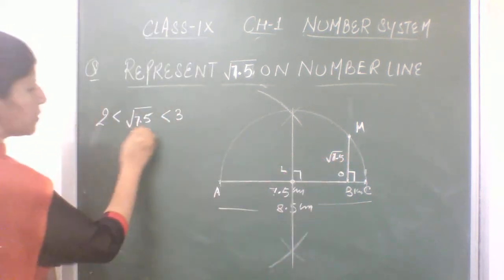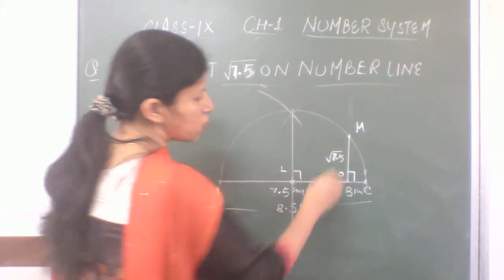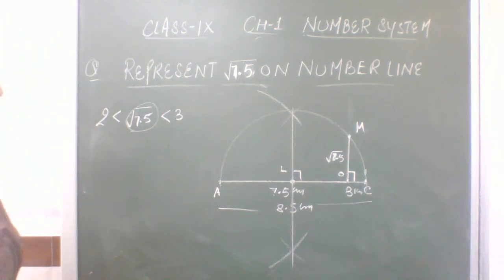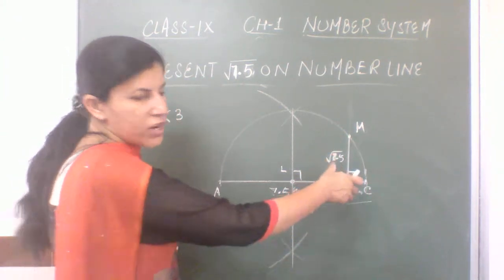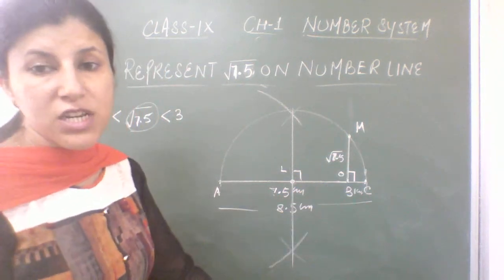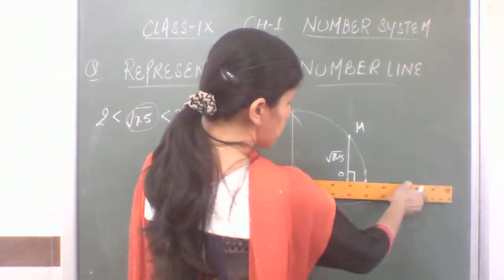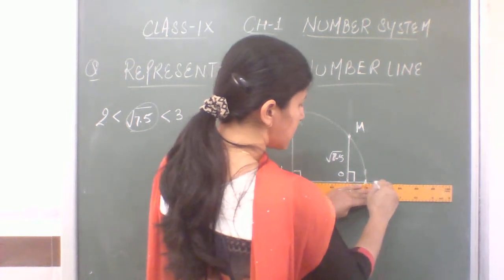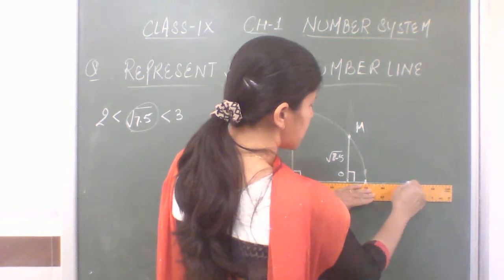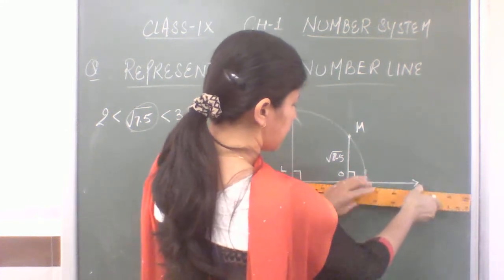जितना आपके पास ये नंबर दिया हुआ है ना, ये जो परपेंडिकुलर की लेंथ आएगी ये वही सेम लेंथ आ जाएगी रूट 7.5. राइट? Now what we have to do? We have to plot this root 7.5 on our number line. For that we need to extend our number line by 2-3 centimeters. Place your scale here. This is 1 centimeter, then 2 centimeter, then 3 centimeters. Right? You can extend it more even.